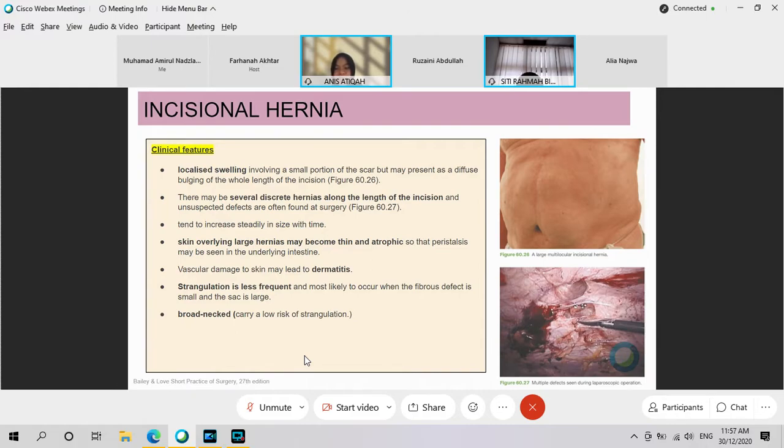It has 3 layers, which is like lateral oblique muscle, external oblique, internal oblique, and the other one is external and internal. Okay, start from the skin. Tell me the layers of the anterior abdominal wall.